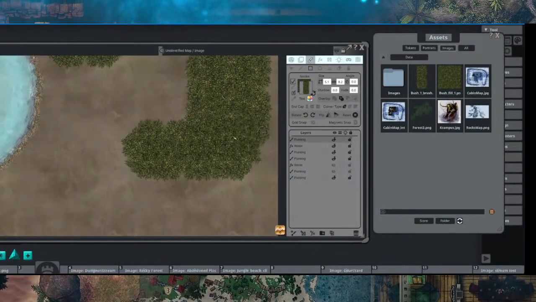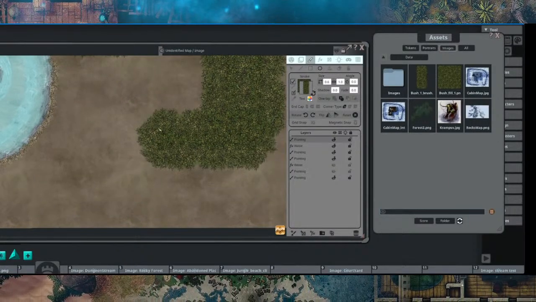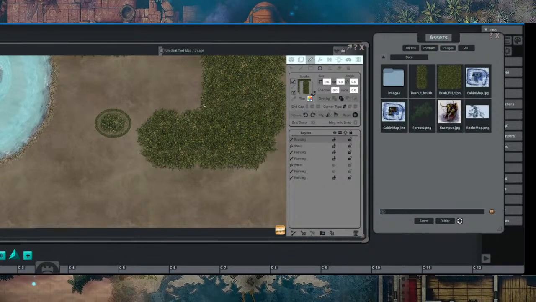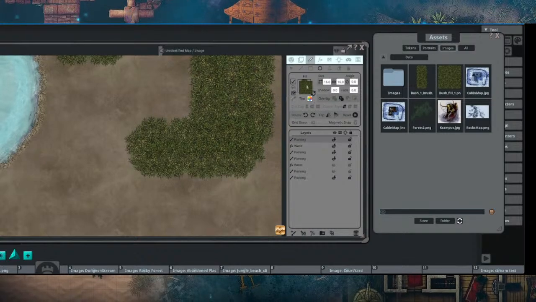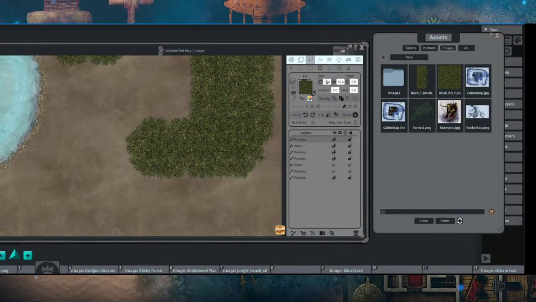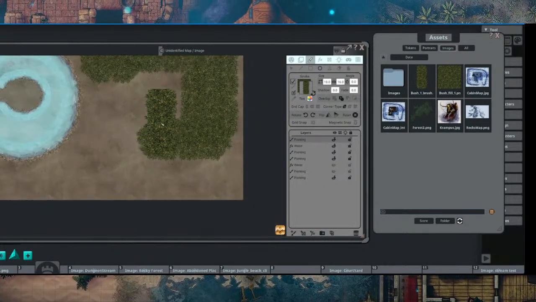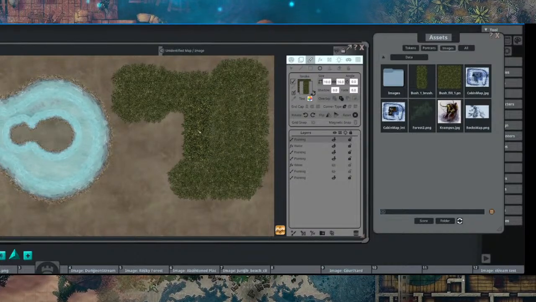Curviac says, looks like GIMP integrated into Fantasy Grounds. And I think that was GIMP and, or not Facebook, Photoshop. I think those were kind of the inspiration for how these tools are done, because that is what it reminds me of. Because they're very Photoshop, but specifically for maps. Yeah, specifically for maps. Yeah, all the